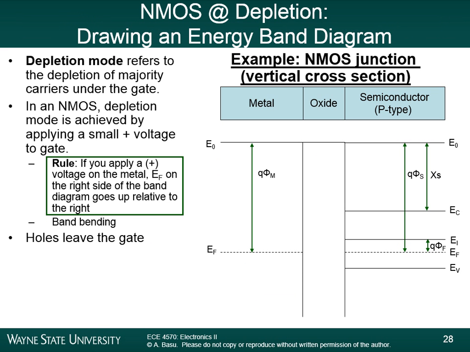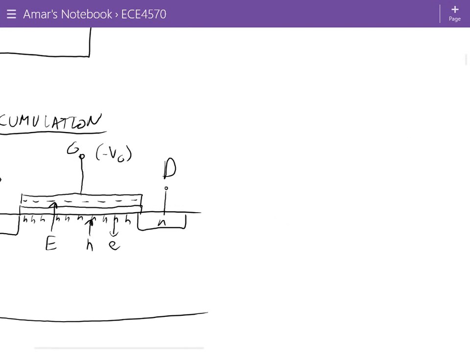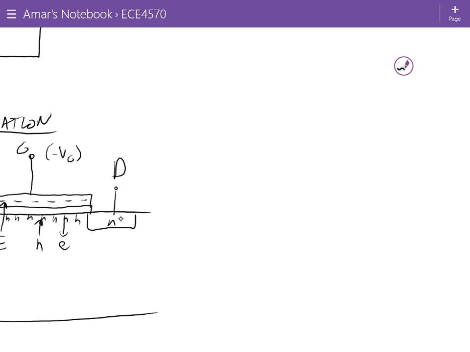NMOS at depletion. All right, depletion mode happens when we apply a small positive voltage at the gate. So if we move over here and we just draw the depletion mode,